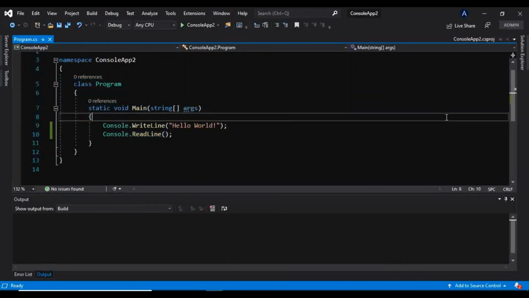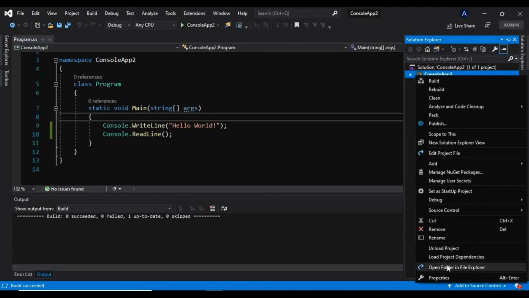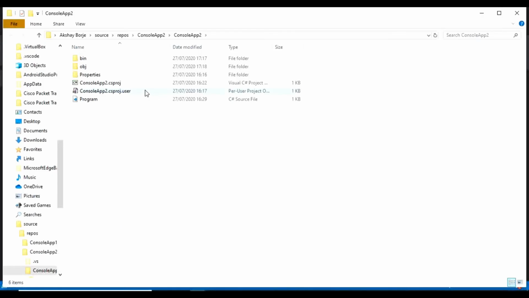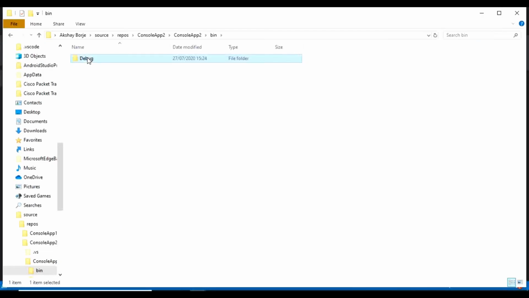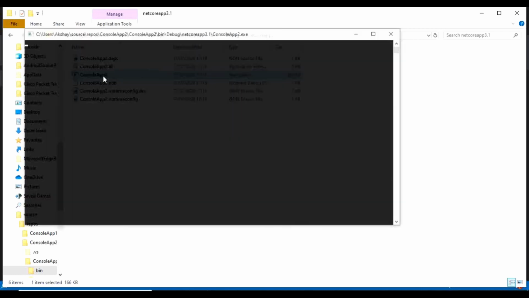Like this, let me build this project first. Build succeeded. I will go to the folder in File Explorer: bin, debug, netcoreapp3.1. As you can see here, this assembly will work.